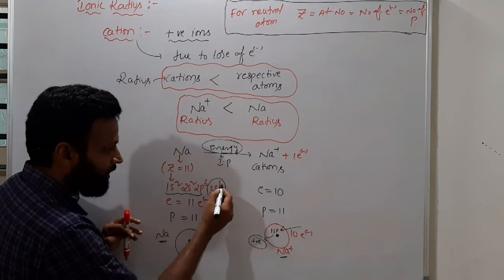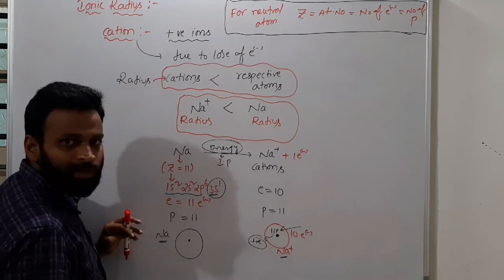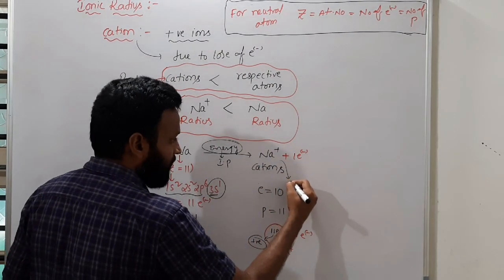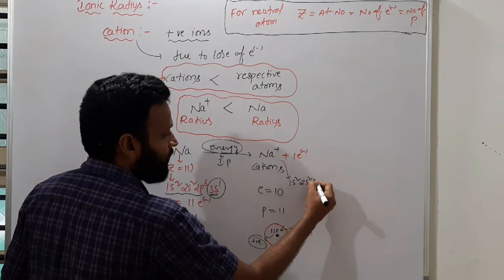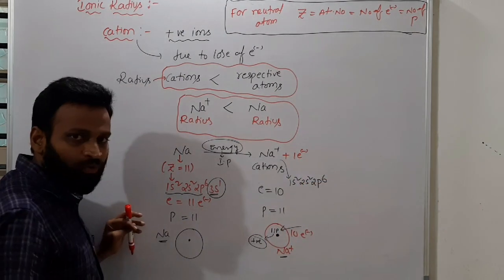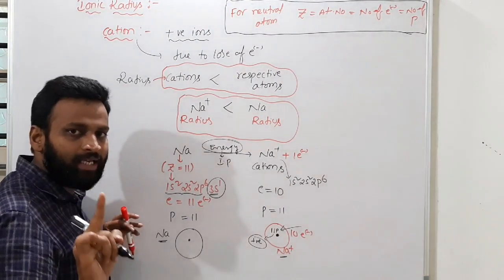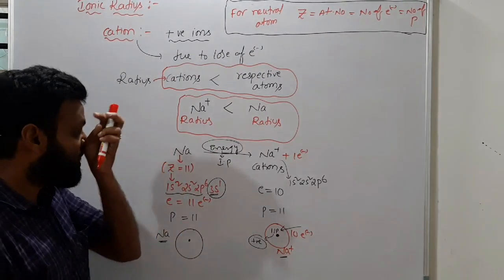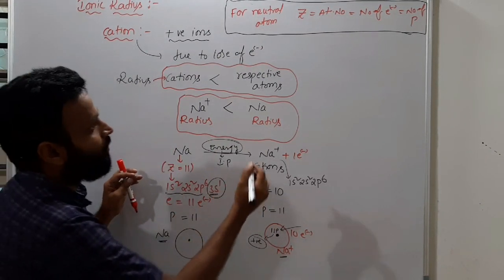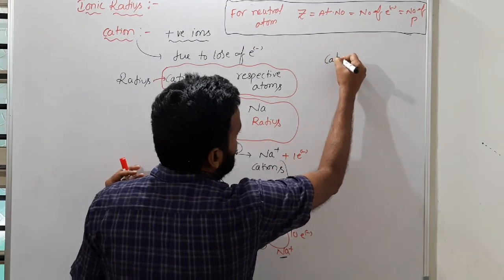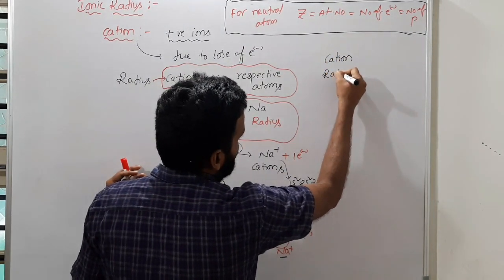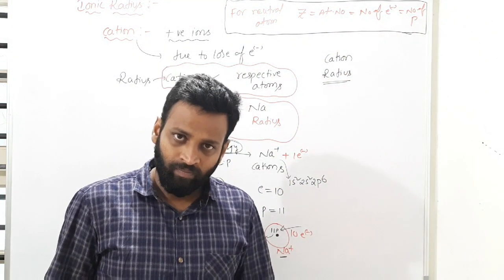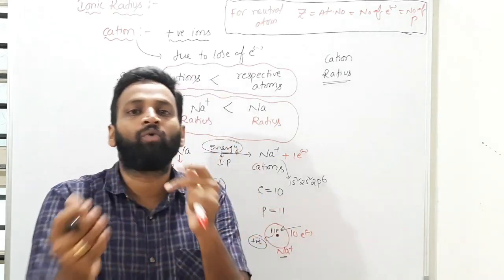Why is this called the outermost shell? The n value is more. So you have to remove electron from the outermost shell. So Na+ configuration, if I am asking, is 1s2, 2s2, 2p6. So from where you remove electron, always you have to remove electron from the outermost. Getting? So this is about cation radius. So what can you say cation radius therefore? Cation radius is nothing but the radius of a positive ion from nucleus to its outermost shell.